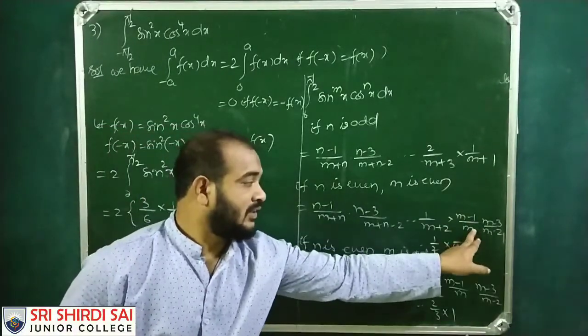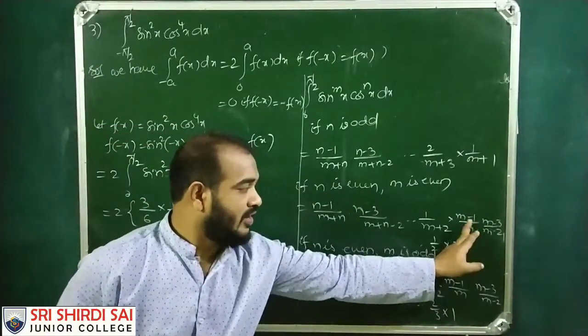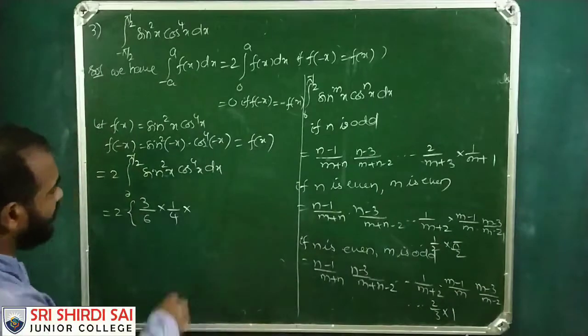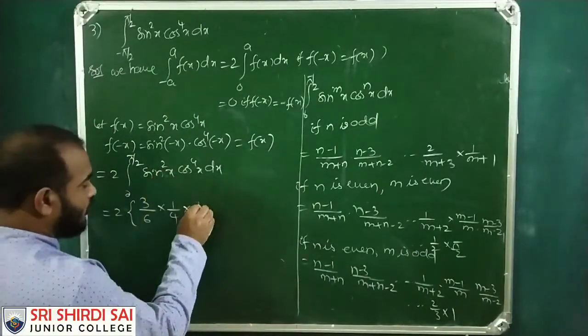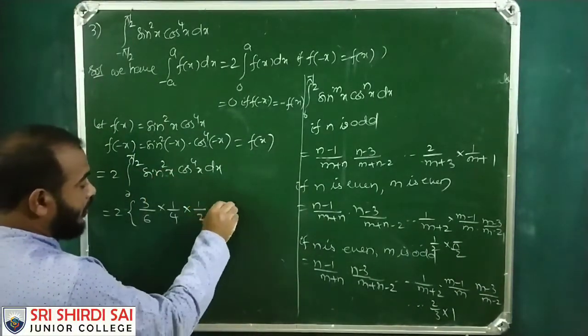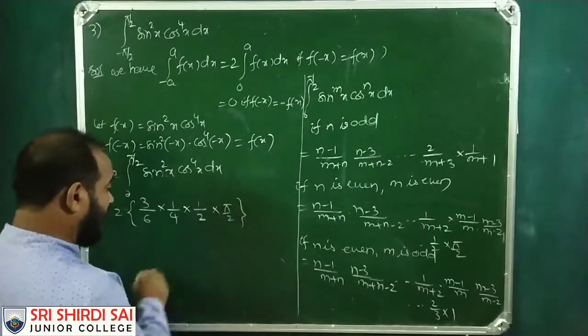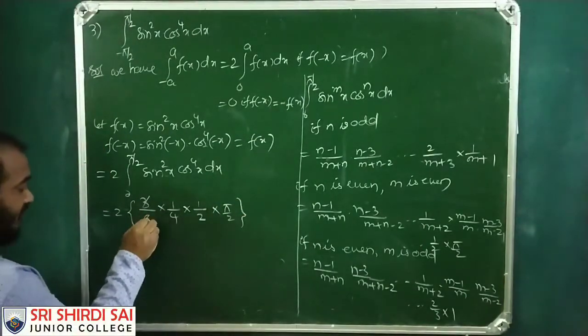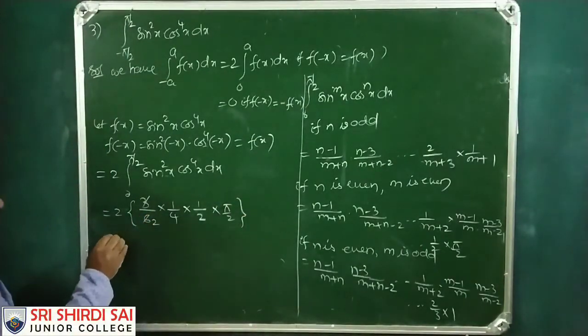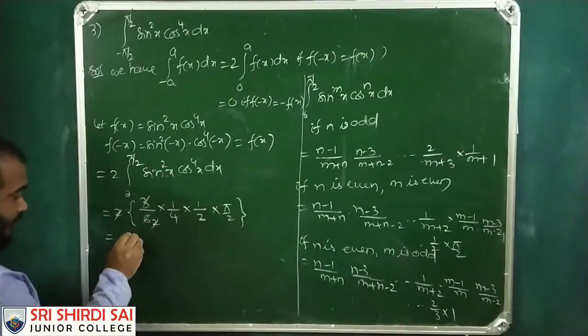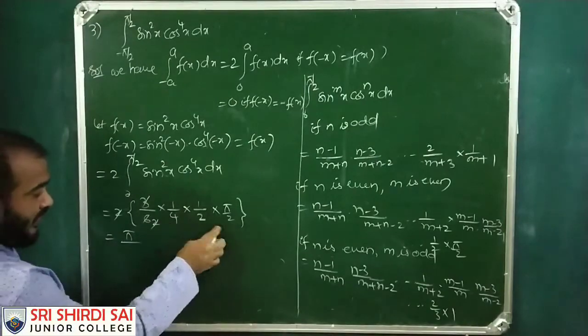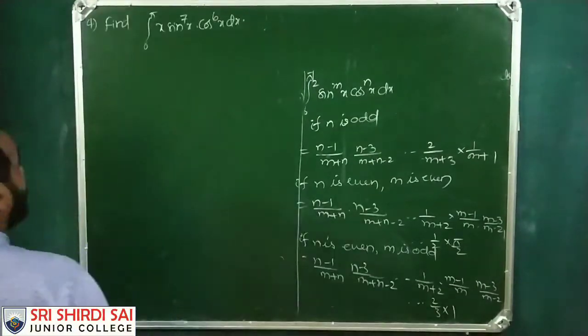The next part is to be started with m minus 1 by m. M is 2. 2 minus 1 is 1 by 2. If 1 by 2 we get, pi by 2 will be the final answer. So 3 2s are 6. That's it. And this 2 gets cancelled. Pi by 4 2s are 8, 8 2s are 16. So